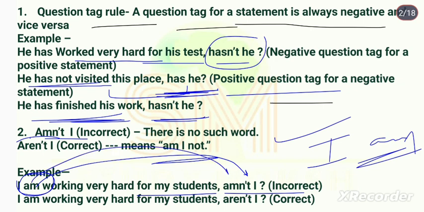So what will be the correct one? I am working very hard for my students, aren't I? So amn't I will be replaced by aren't I. We have to do it carefully. Next,